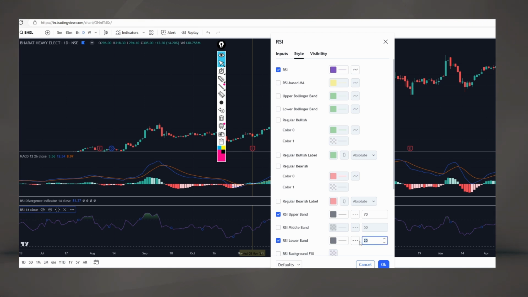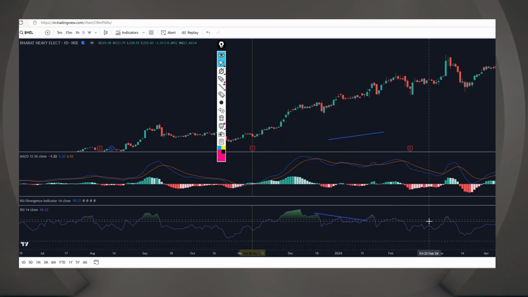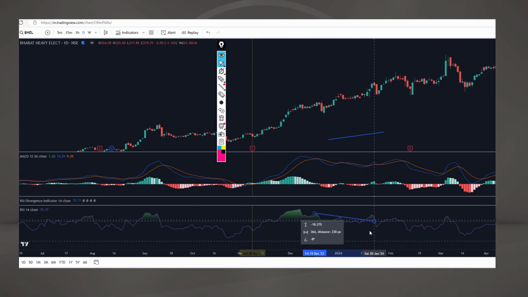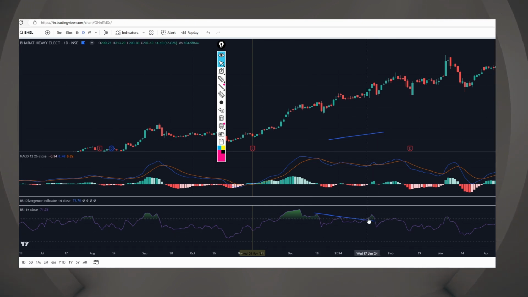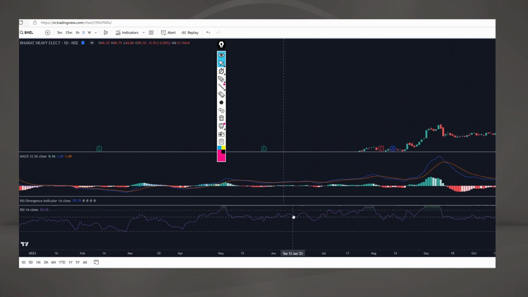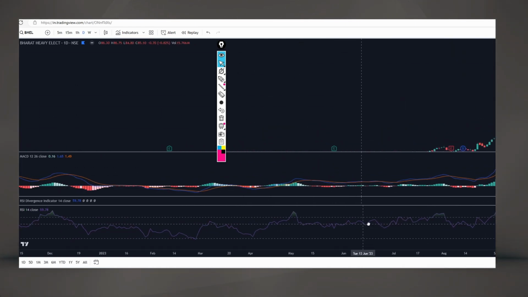Some people use 60-40, made popular by a certain YouTuber, but I prefer to stick with the methods that I have learned from Technical Analysis of Stock Trends by Edwards and Magee. So you can see that there is a breakout here, and by itself you can use it as a trading system, and when it goes below